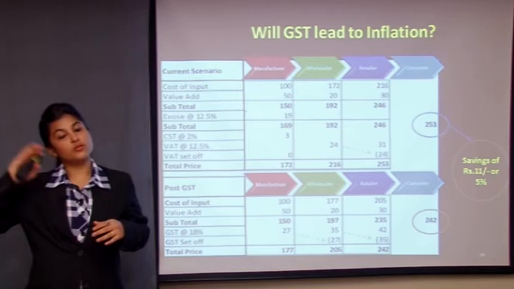Indirect tax structure post GST. What was the tax structure before GST? If I talk about intrastate taxable supply, taxable supply means goods or services being supplied within the state. The current regime was that goods were levied excise duty and VAT, and on services